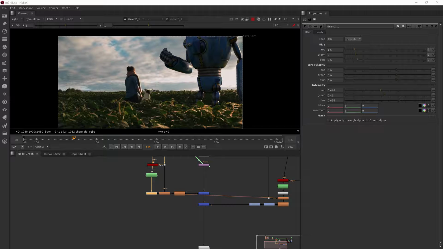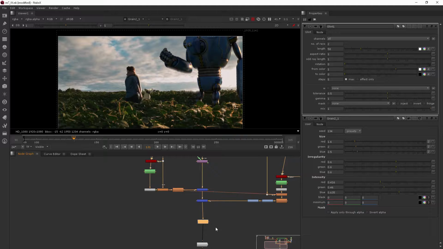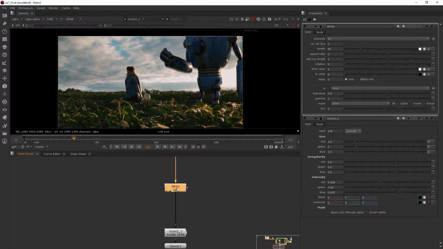In this clip, we're going to be adding glint to our robot. Okay, so let's go ahead and add the glint node. So I'll just hit tab and type in glint. And if I add glint, kind of where we were talking about where some of these overall effects go,